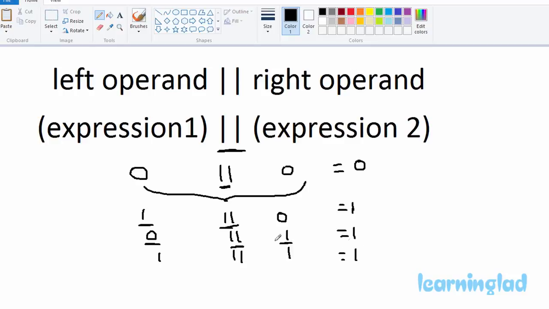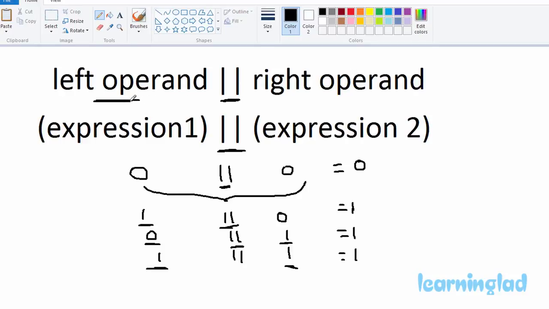Here the main thing is, if the left operand is evaluated to true, then there is no need to check for this right operand. We can straight away say that the outcome of this whole logical OR operation is gonna be true. And what happens is, to optimize the performance of your program, C is gonna do the same thing. When you have an expression involving the logical OR operator, at that time C will check for the outcome